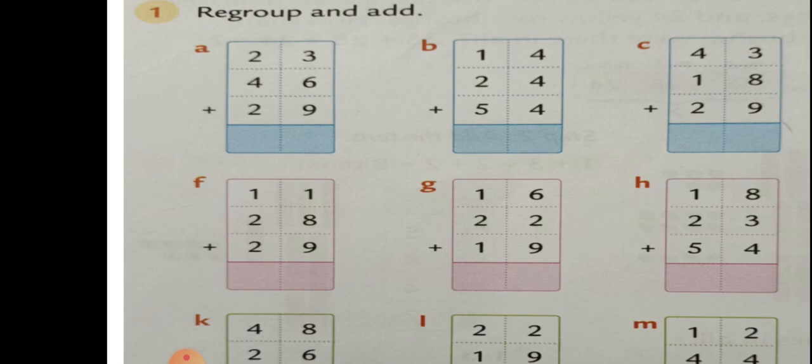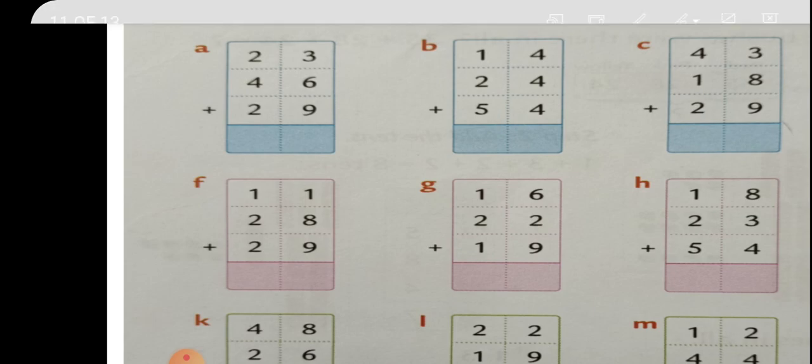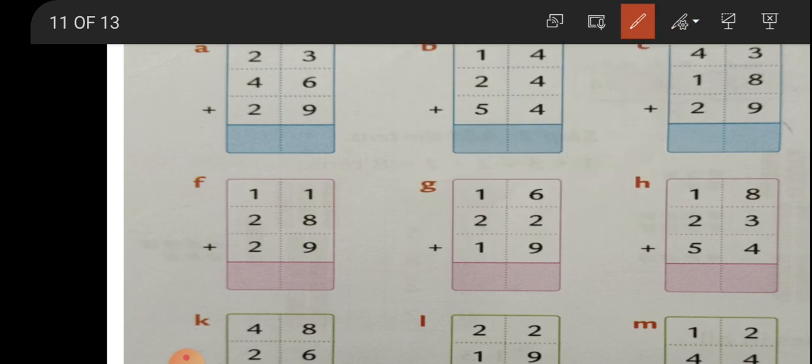This regrouping we have taken from the page number. This is exercise 2E, page number 36. This is page number 36. Okay, children. I'll be doing total. Here it is 1, 2, 3, 4, 5, 6, 7, 8, 9. I'll be solving 4, and I want you to solve it in the book. The rest of you are going to solve it. Let us begin now. Come on, let us start now.